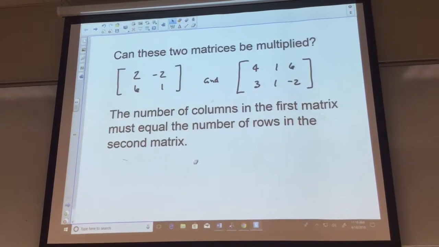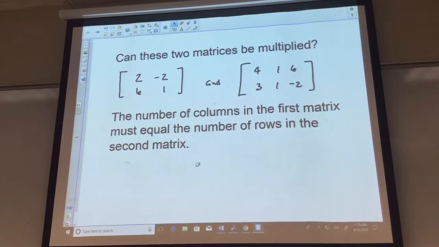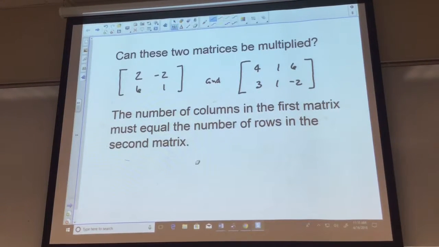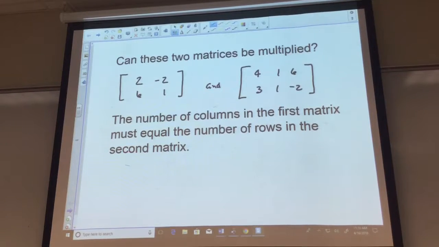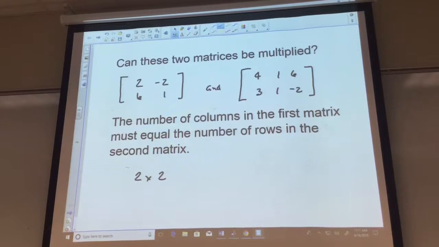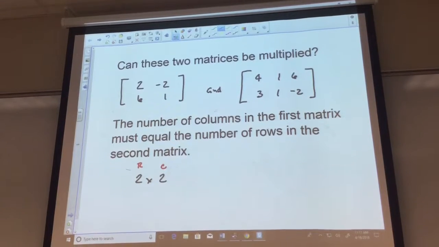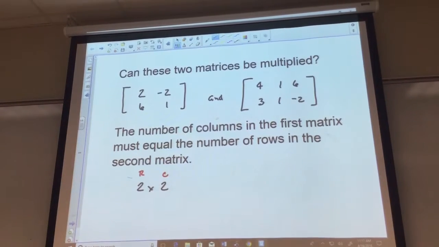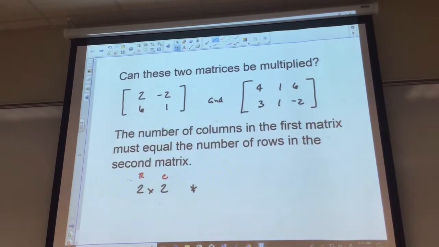...of rows in the second matrix, then yes, they can be multiplied. So one of the things I want you to get used to doing when you get a question like this is to recognize what kind of matrices you are dealing with in the problem. So here we have a 2 by 2, which means we have 2 rows and 2 columns in the first matrix, and that's being multiplied by another matrix whose size is